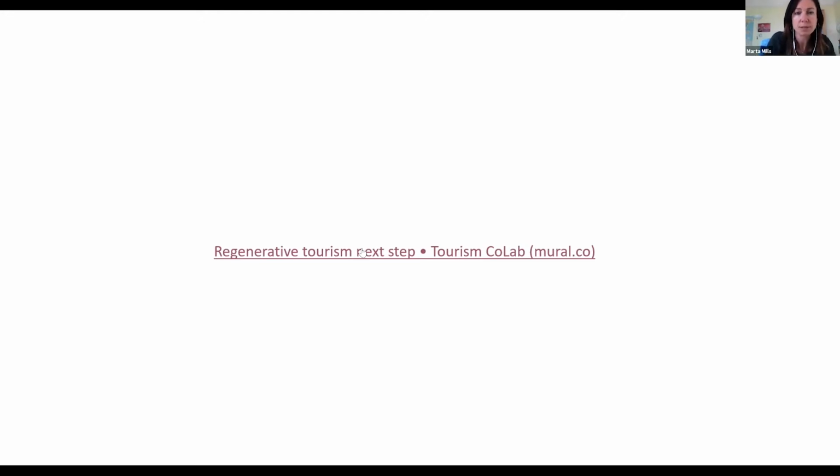Okay, so I just said that. So you share this. If you've got a group of people, you share a link to the same mural, so everyone's got the same access to the same thing, and everyone can sign in as a person. And then you can see, I'm not going to go through this in too much detail, but